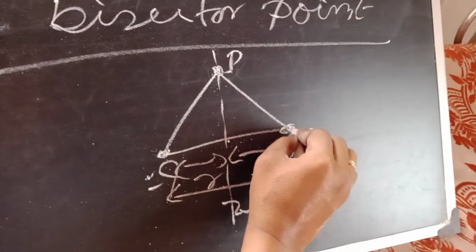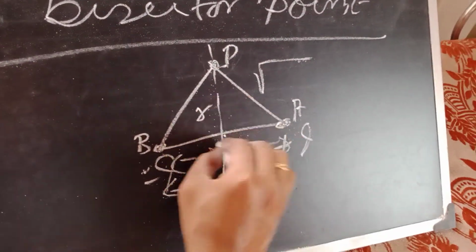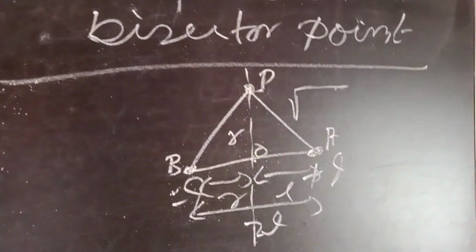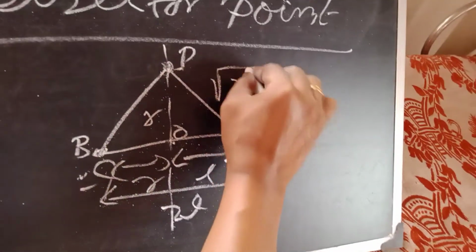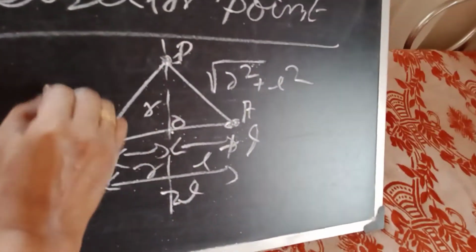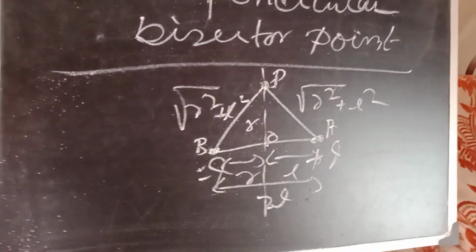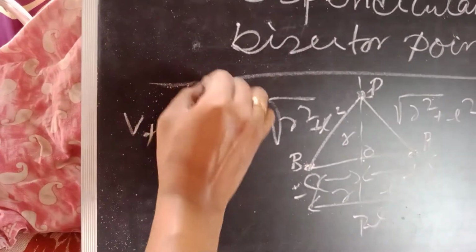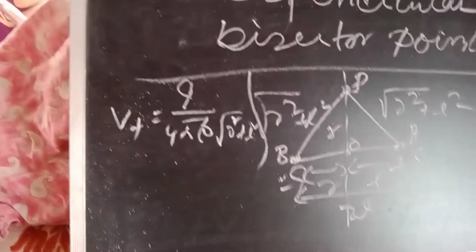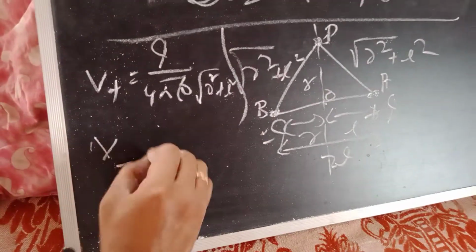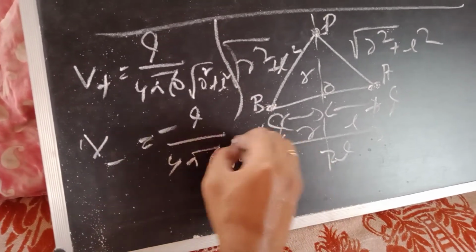If we give the name of the dipole AB, so PA will be what? And that distance is r, from the middle point to that point P. So that distance will be this hypotenuse. This is perpendicular, this is base. So we get root over r square plus l square. And for PB, that distance is the same, root over r square plus l square. So for plus q, the potential will be V plus equals q by 4 pi epsilon 0 root over r square plus l square. And for minus q, we get minus q by 4 pi epsilon 0 root over r square plus l square.